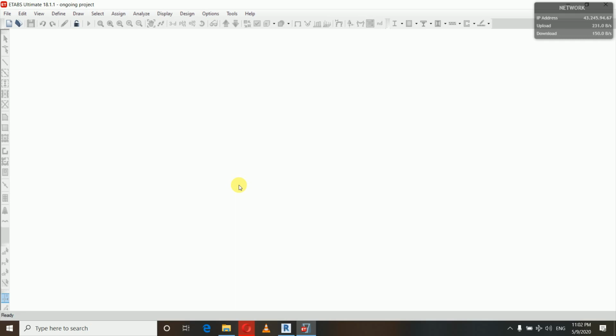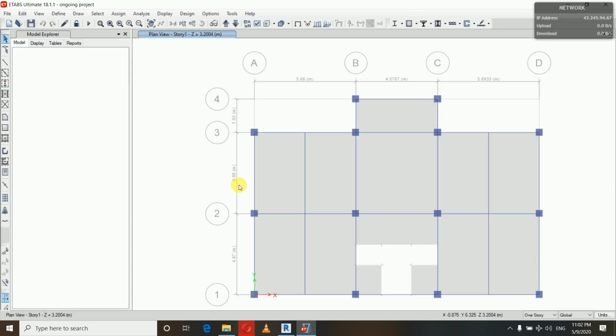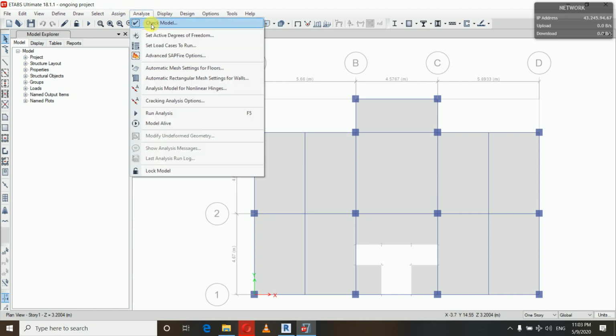Report means the ready-made report that ETABS gives to us about all the details, all the properties that you have assigned, about beams, columns, their properties, and about your grids, about your story height and everything.